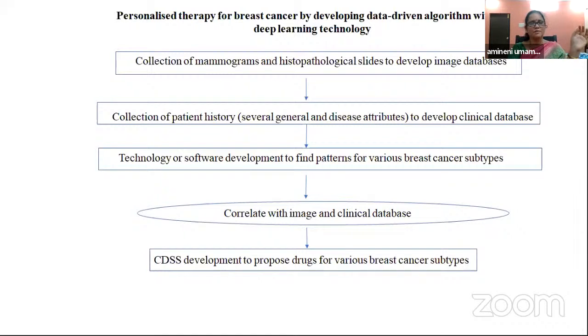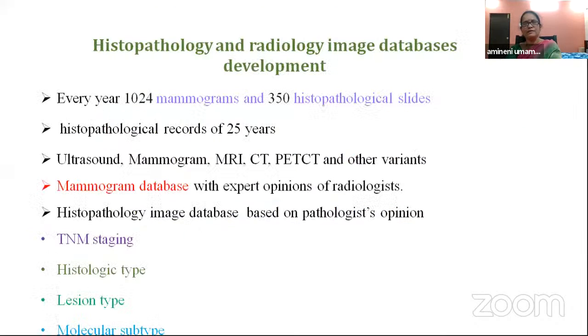Not only with the images, these patterns will be correlated with the clinical symptoms. On the clinical symptoms, I will tell you the details here. And once we have some patterns, based on all the image databases and clinical databases, we will identify the patterns, and again we will cluster these patterns, and based on this we will group the patients. From each group, we will collect the transcriptome or genome, and we will correlate whether a correlation is present or not. So this work we are doing.